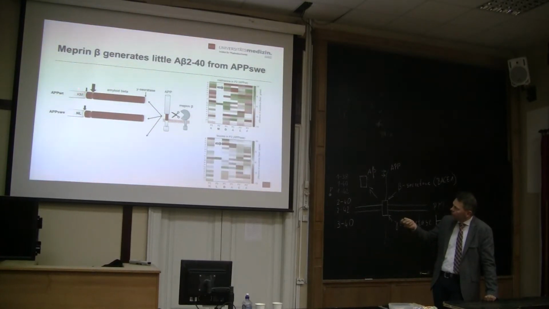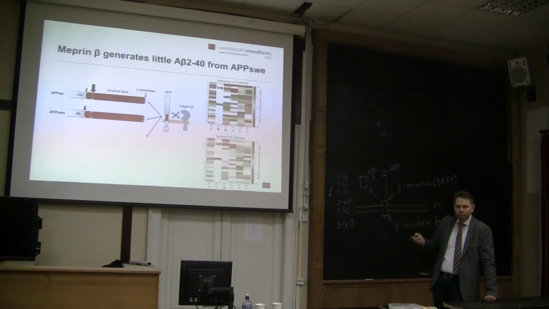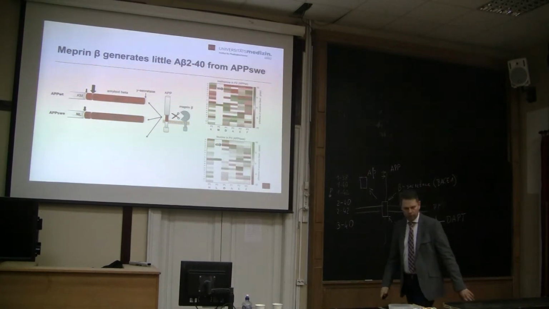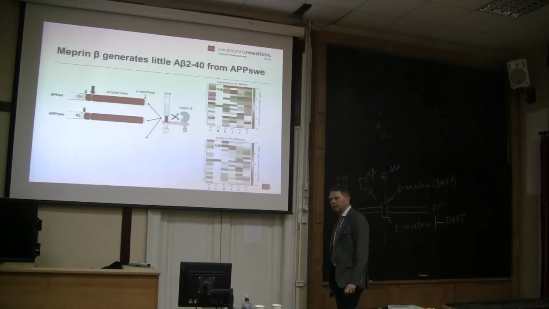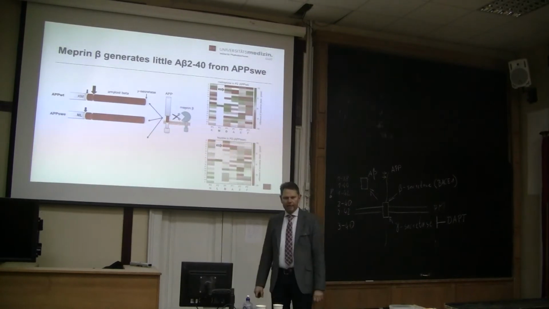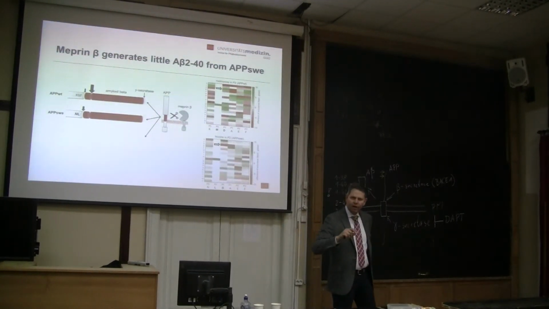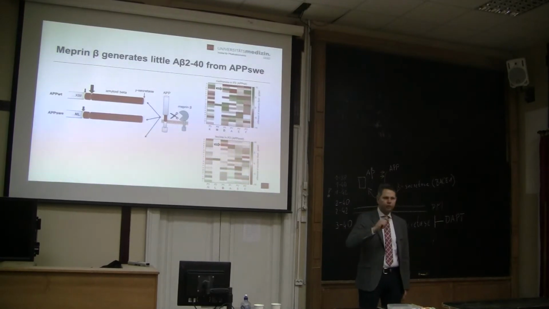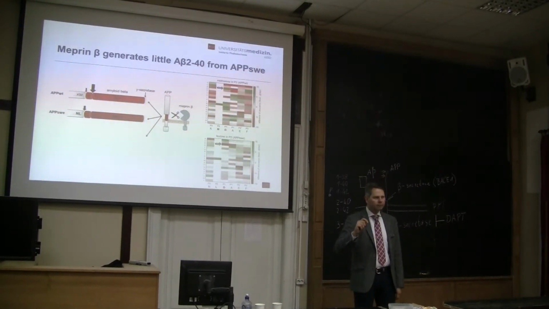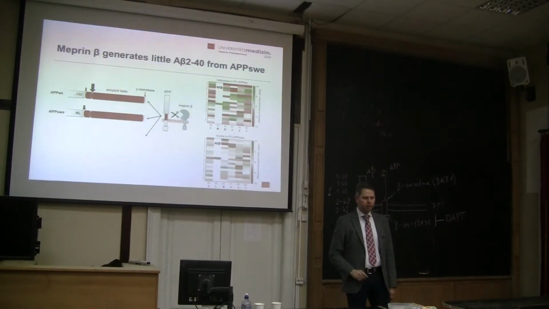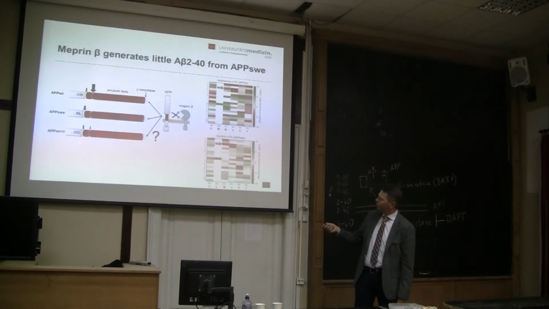When you change something around here, MEPRIN doesn't cleave as well anymore. So, is that always the case? And yesterday, I think you asked me that question, is there any protective mutation in the world that protects you from Alzheimer's disease? Yes, there is. This one,